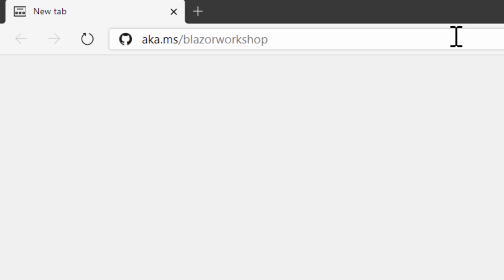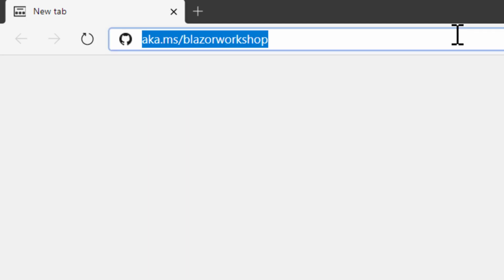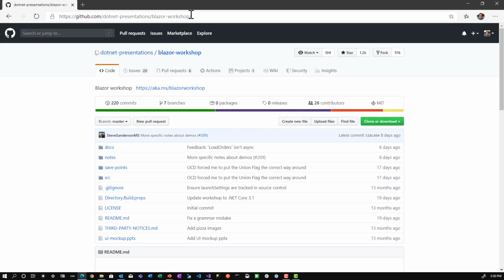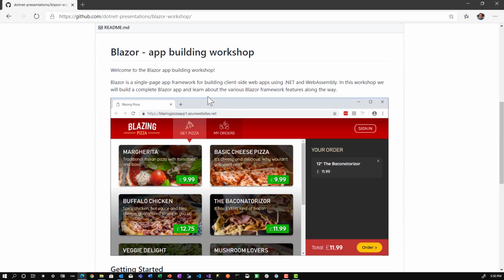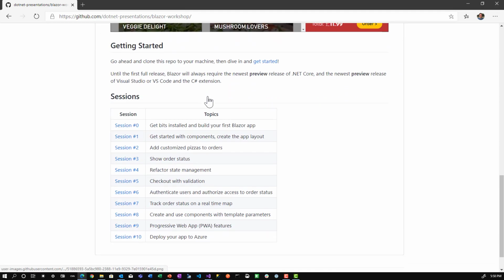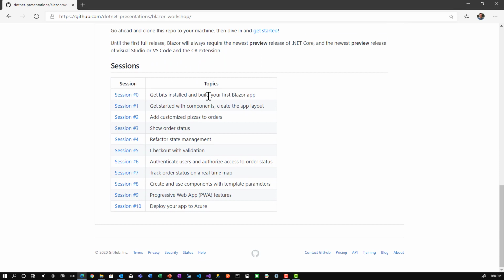Microsoft put out. And the URL for the workshop is aka.ms/BlazorWorkshop. And when we go to that URL, it takes us to a GitHub page. And the GitHub page has a number of different sessions on different aspects of building a Blazor WebAssembly app. As you can see here, we have sessions on building components, state management,